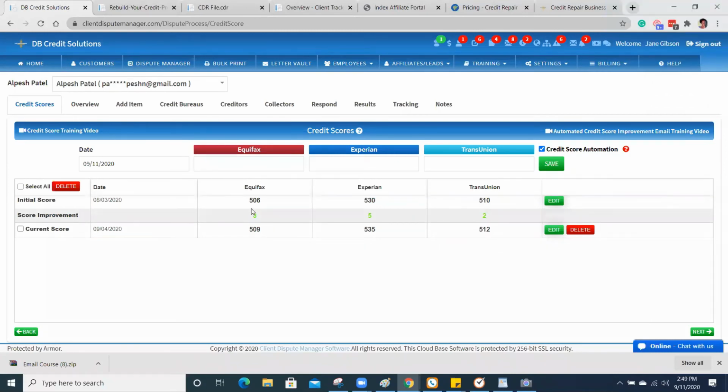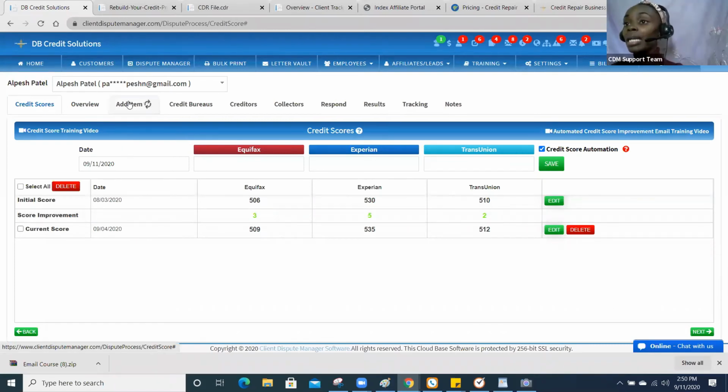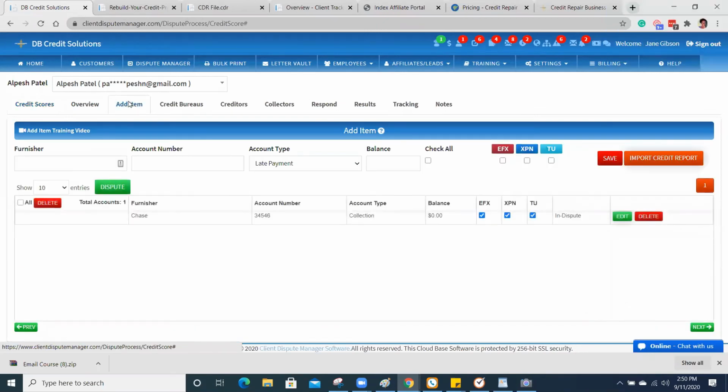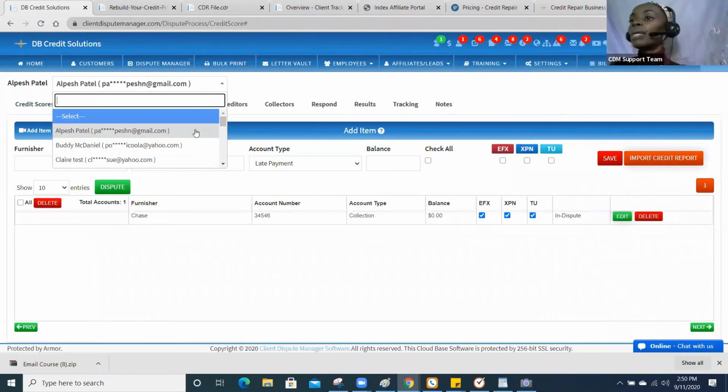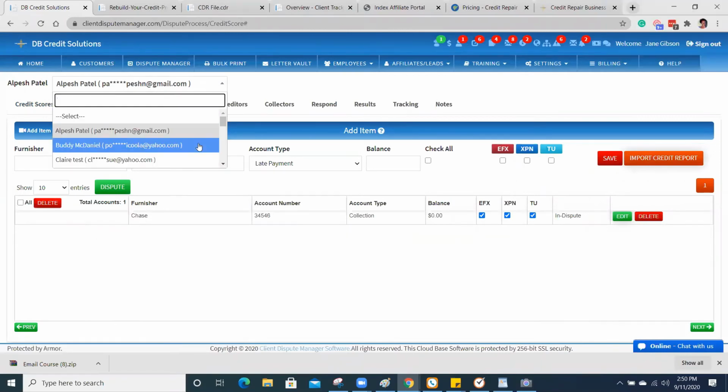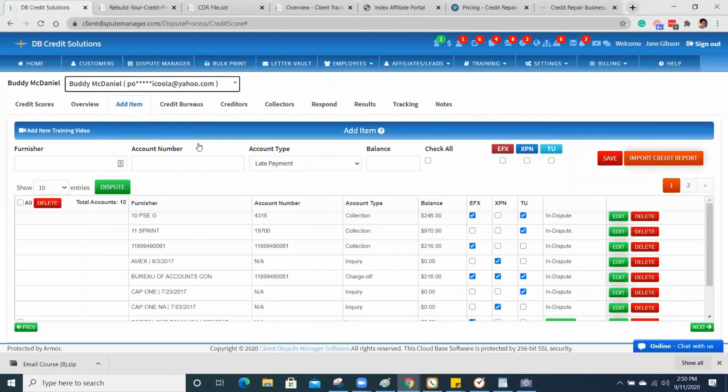Or if you're doing it manually, I do know people who get persons that they have to manually do the accounts for. You want to put the scores in, and then jump to the add item screen and add your accounts if you're doing it manually. But if you have pulled in the account, then you want to put your items in dispute, right? So once you put your items in dispute,